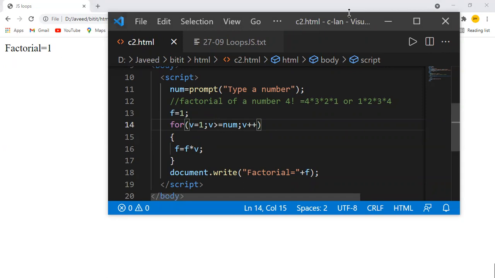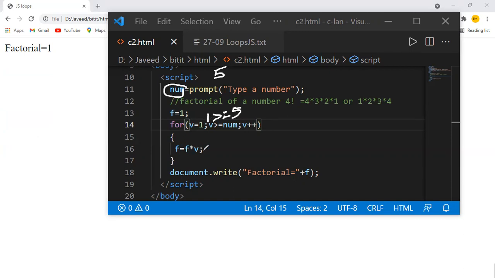So let us have the analysis of this. Now here, what happened? You give the value of number, and this variable value is going to be 5 only. But here, what is the condition? The condition is 1 greater than or equal to 5. Is it 1 greater than or equal to 5? No. Understood what I'm telling? 1 is not greater than 5. So what happens? This condition is going to be false for me.